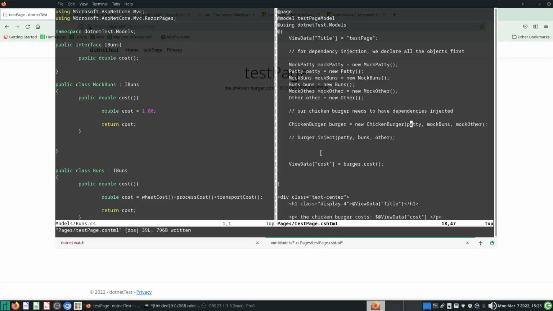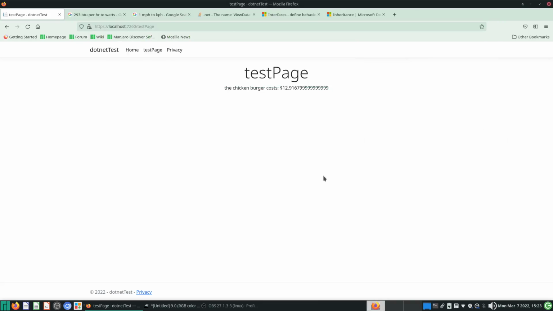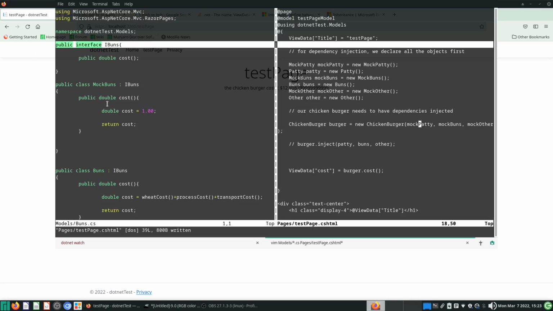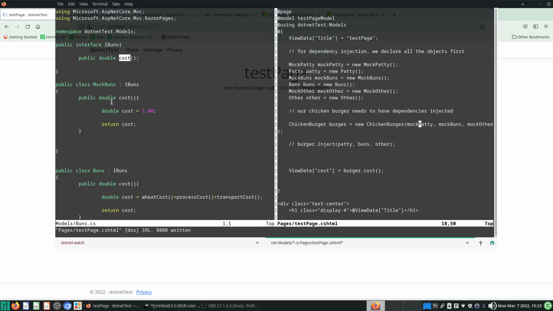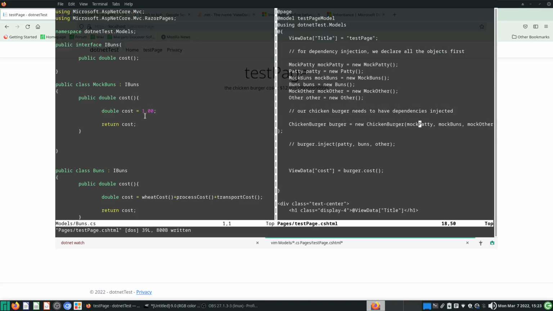And then if I change this dependency to mock patty, I save, then okay, our price changes again. So you can see that we can just swap in and out the dependencies as and how we wish, as long as we use this interface